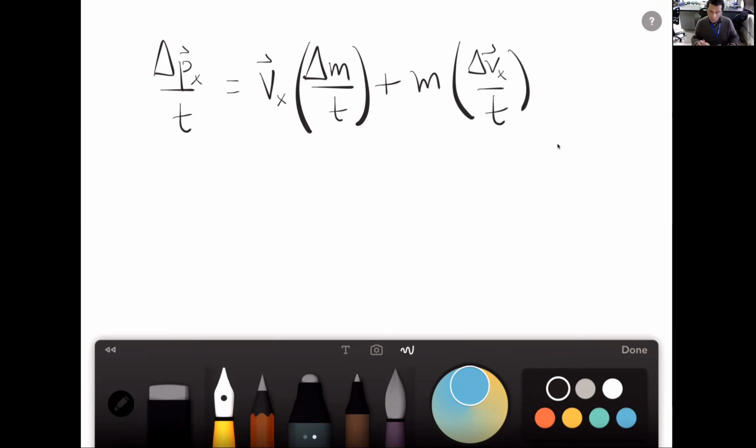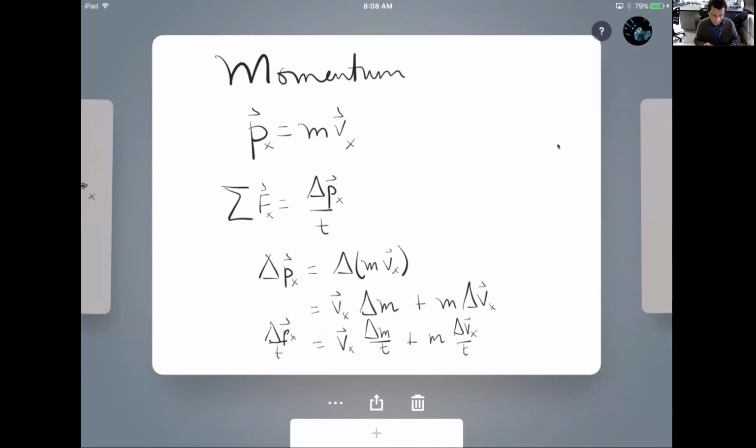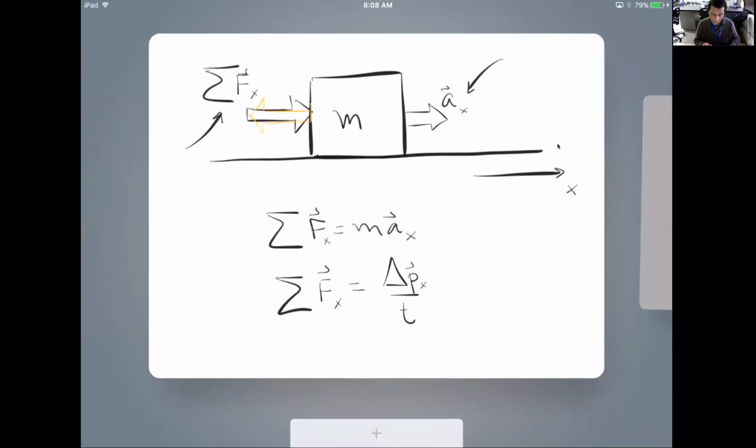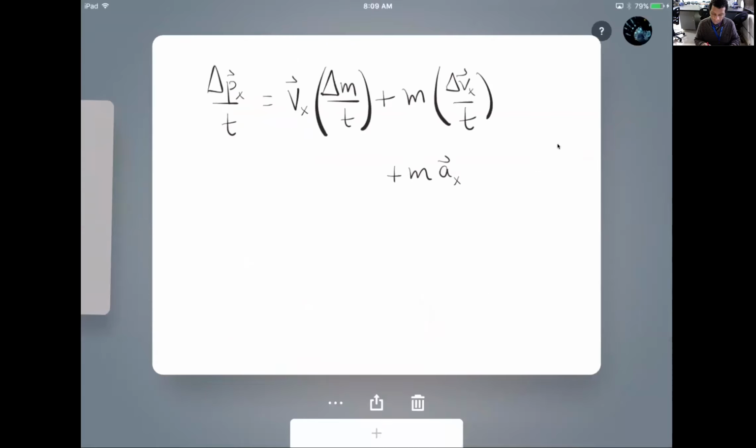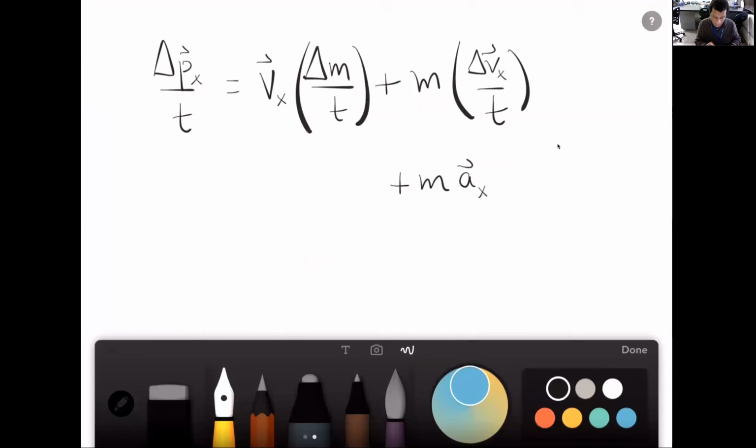So we already know what the second portion is going to be. The change in velocity over time is just acceleration, and that's in our x direction, okay? It's the same thing as what we started with. But now we have this new component coming out of this equation, and it is called thrust. So this new component is basically saying, when the velocity is held constant and our mass is changing,